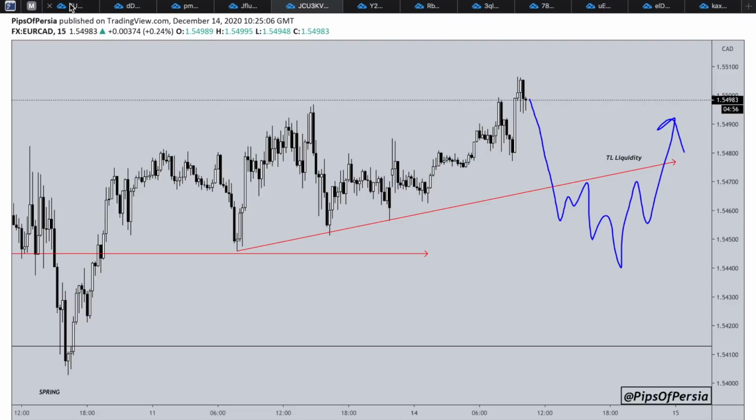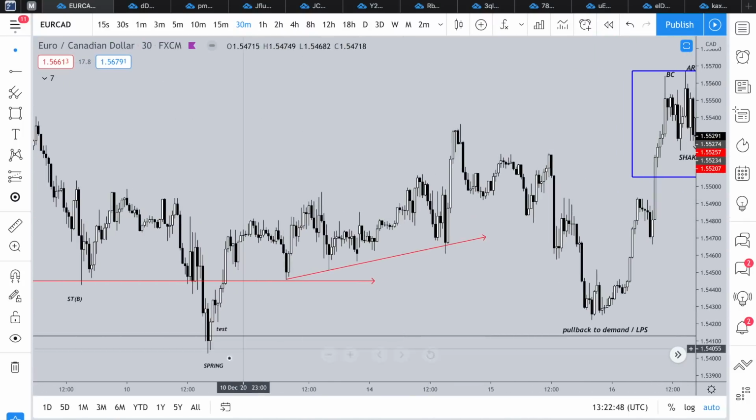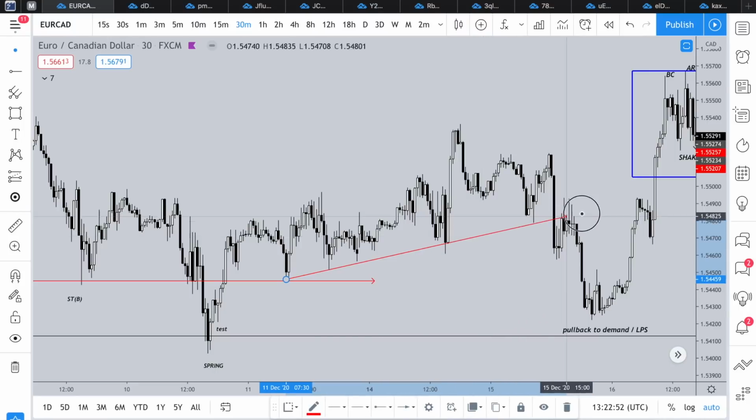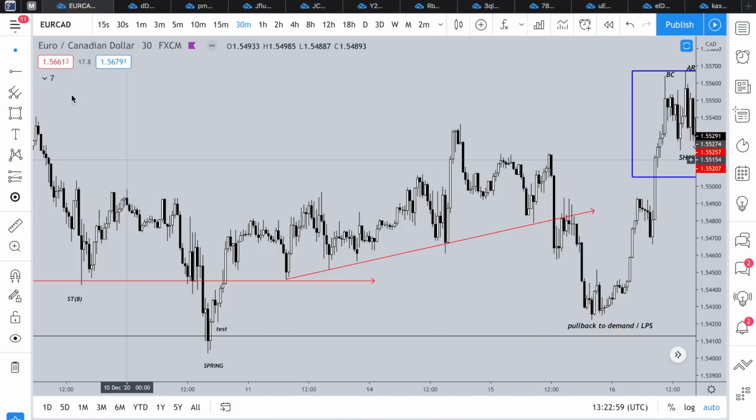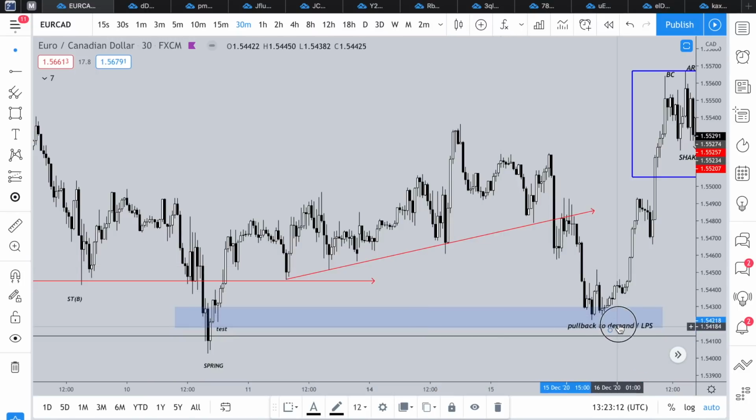And this is indeed what got printed on the chart, similar enough to it, where as we started to have this rally higher and higher, breaking structure to the upside, then eventually coming back down to manipulating this bullish trend line, pulling back to previous areas of demand. Clearly down here, we have areas of demand. You can see an institutional candle form over here as this final push to the downside before we had the rally. So you can consider this your pullback to demand or your last point of support within the